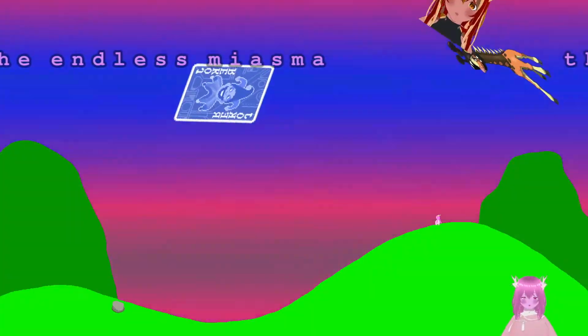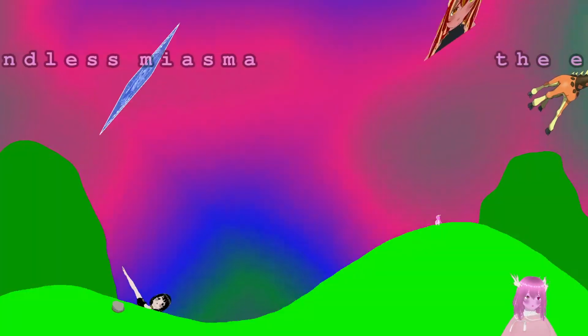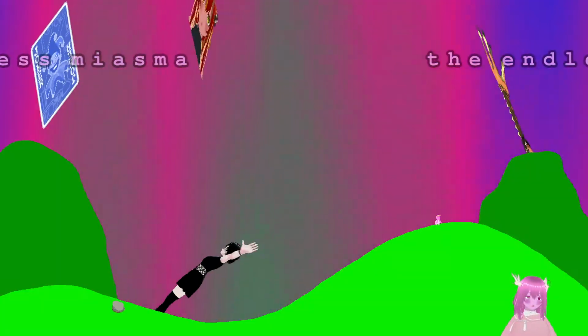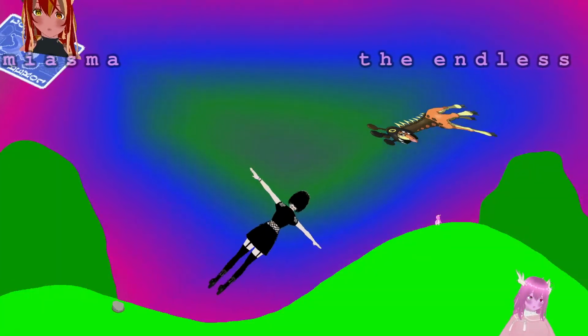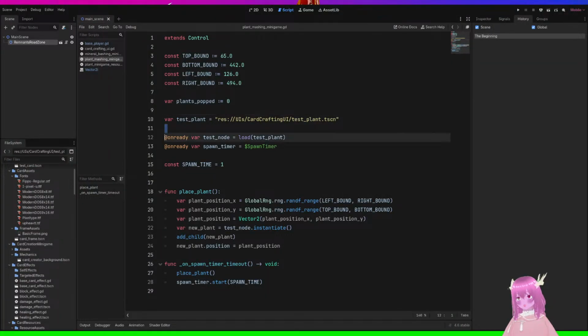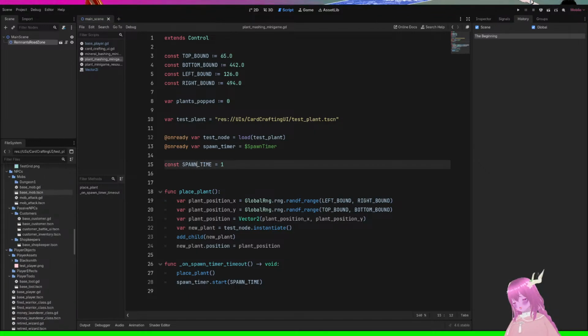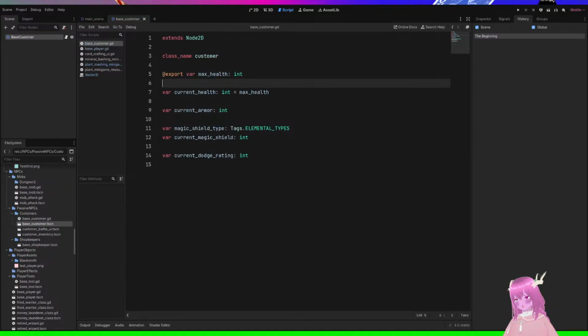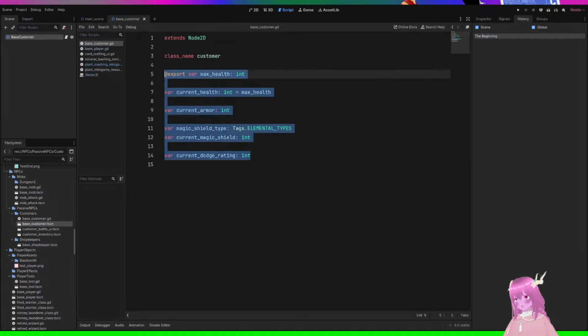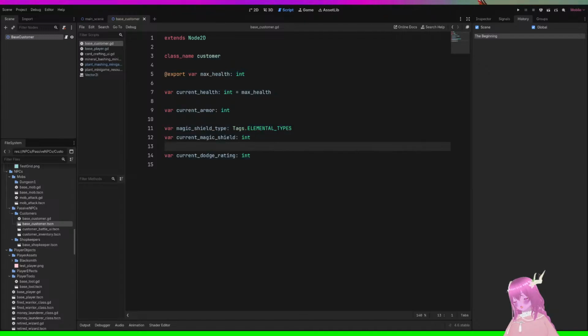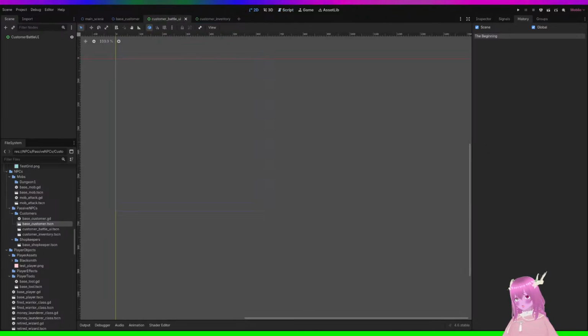Anyway, here we go. The first thing I need to do is make a base character or customer class or whatever, unless it's already pre-made. But I haven't filled it in with anything probably. And that should be not hard, I don't think. Let's see, did I make one already? NPCs, mobs, yeah, customers. I made a base customer. Okay. Yes. Yep, alright. So that's good. It's all good. Those don't have anything in them. These customer inventory, customer battle UI, they don't have anything in them. Okay.